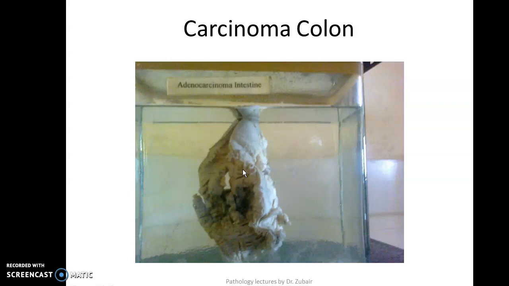Why is it so? Because of the contents of the bowel. The contents of the bowel on the right side tend to be more liquid, right? On the left side they tend to be more solid. That's why the right-sided growths are usually polypoidal, left-sided growths tend to be napkin ring configuration. This is the most obvious question they'll ask you on gross. Other questions they can ask you are the molecular pathogenesis of cancer, okay, such things.